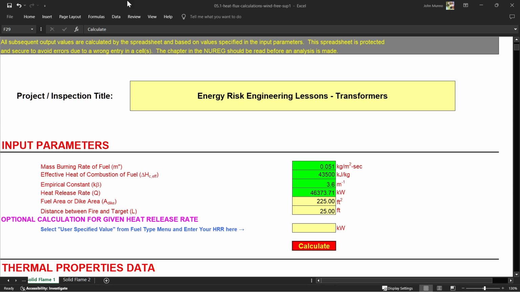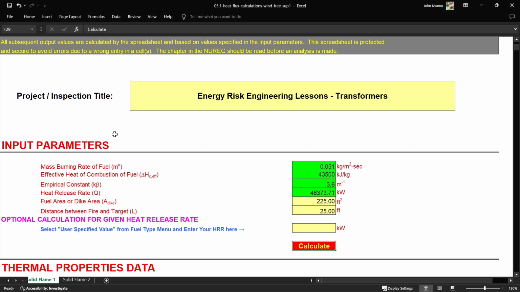What we're going to do is fill in the fuel area. Say, for instance, you have a 15 by 15 dike. You're going to have a 225 square foot area, and say our separation distance is 25 feet. Well, we can hit calculate, and then the next thing you know,